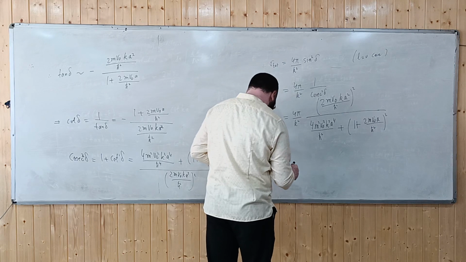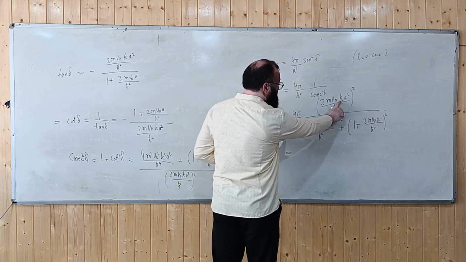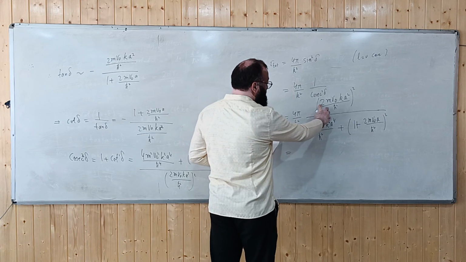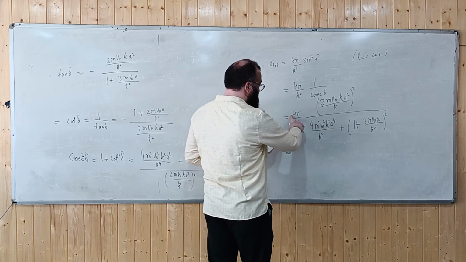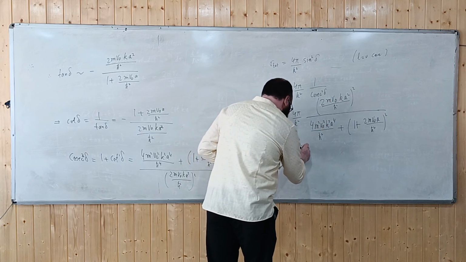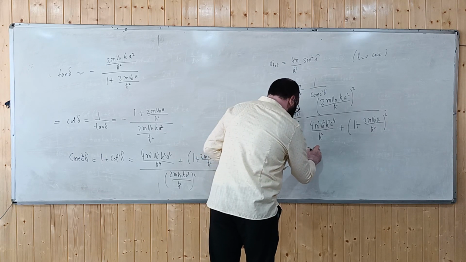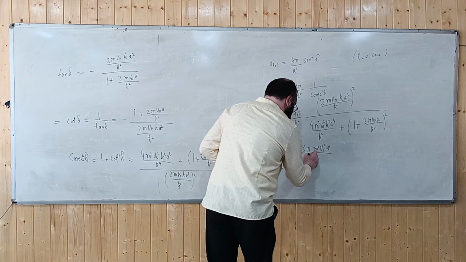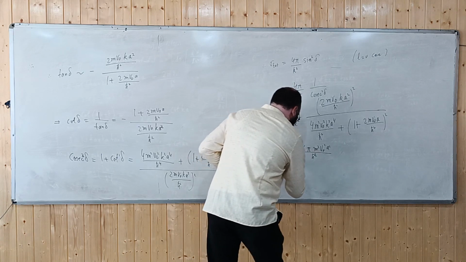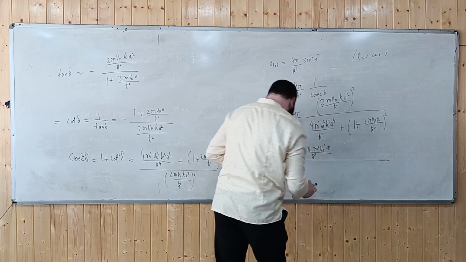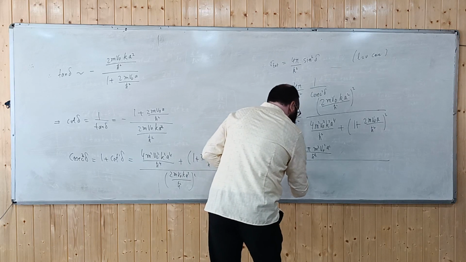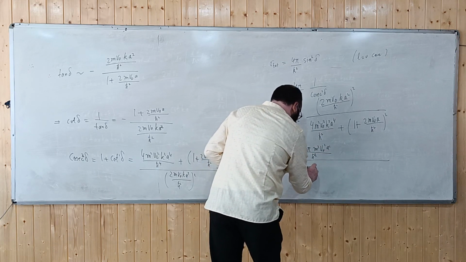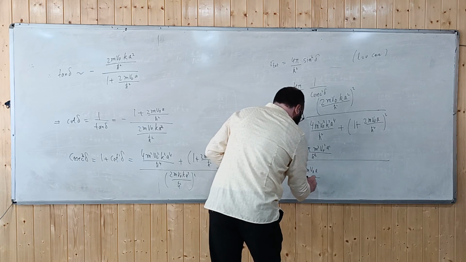You are having k square here and k square here, it will cancel out. So it's 2 square, it is 4 and 4, 16. So let me write it. It is 16 pi m square v naught square a square divided by h cross square, divided by 1 plus, so 1 square is 1 plus 4 m v naught a by h cross